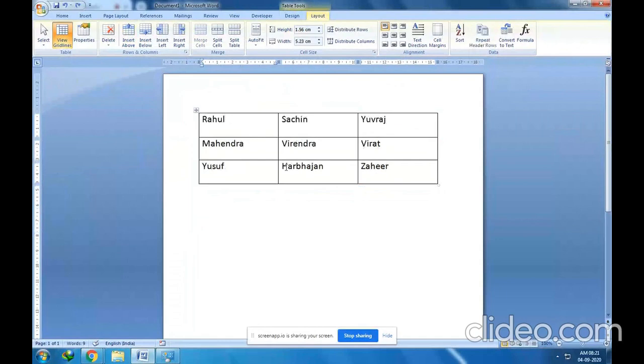Now how can we add columns? Columns can be added on the left side or on the right side. Now see this particular column, Sachin, Virendra and Harbhajan. Now I want to add a blank column on the left side, here. Okay, so select that column entirely and then insert left.